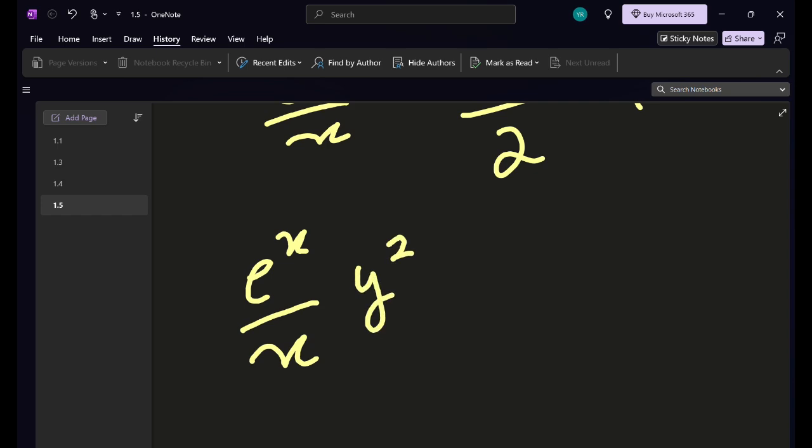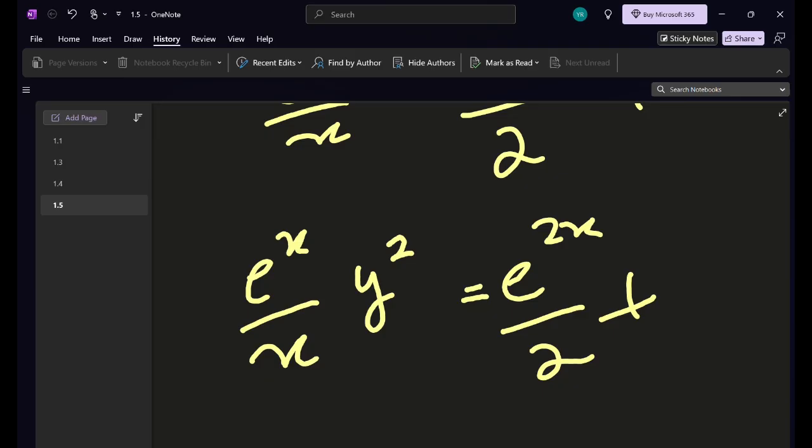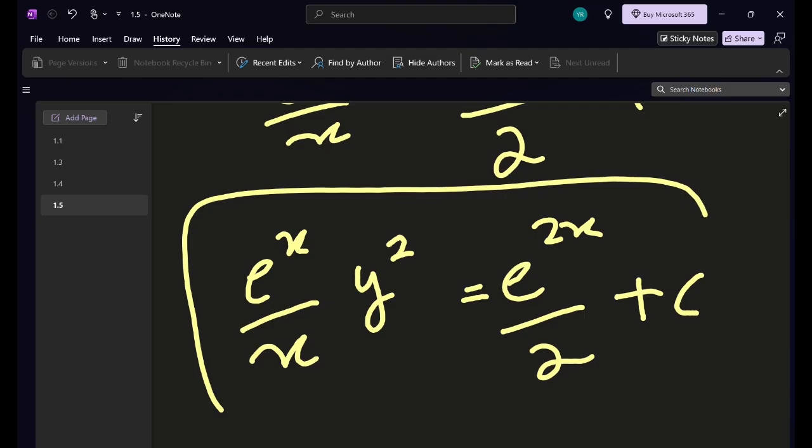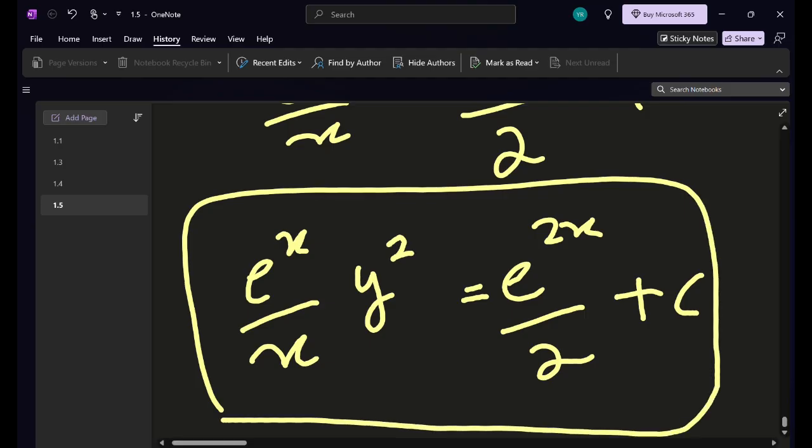We are substituting back the values, so y² is equal to x e^(-x) times (e^(2x)/2 plus c), and this will be our final answer. And this is how you solve a non-linear ODE. So that would be it for this one. There are also some modeling questions in 1.5.2, but they will be covered in the